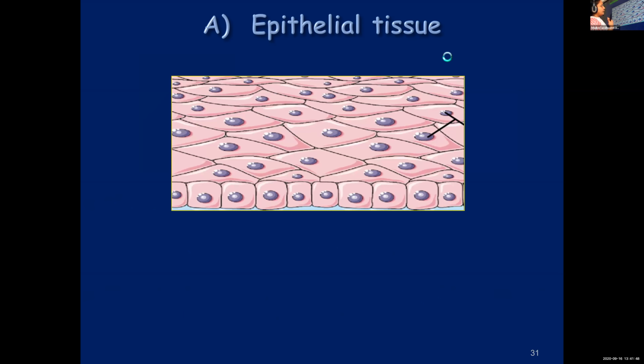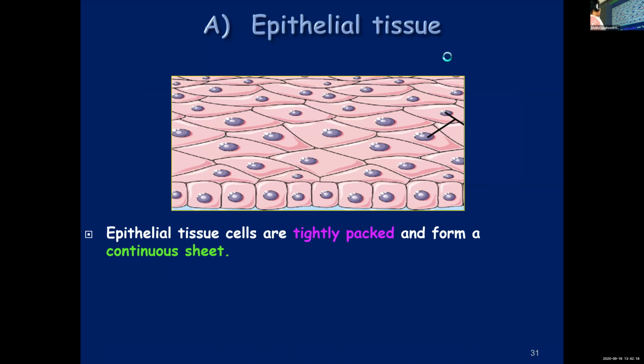Next, we are moving on to learn more features about epithelial tissue. Here you can see epithelial tissue as seen in the figure. These are very tightly packed. What you see in purple color is the nucleus. So in each cell you can find the nucleus shown in a different color, and there are no gaps in between. See the figure closely. All these cells are very closely arranged. So that is our next point.